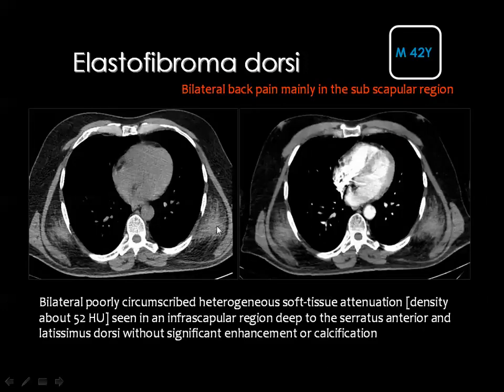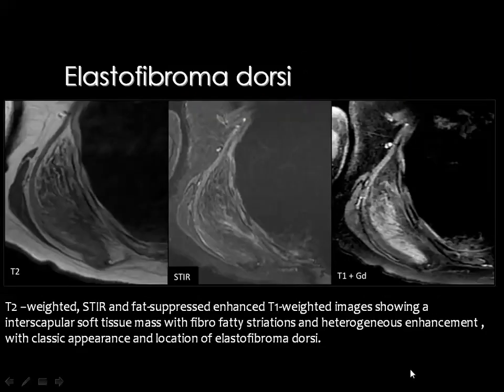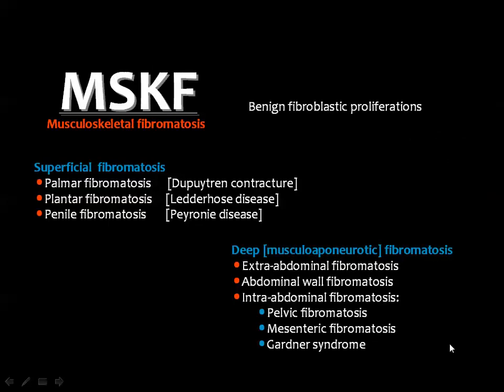And this is a CT scan of a bilateral, almost symmetrical elastofibroma dorsi. And here you see the classic appearance of the lesion in the T1 and STIR images, and after contrast injection, the tumor can show some contrast enhancement, but its characteristic location is very helpful in the